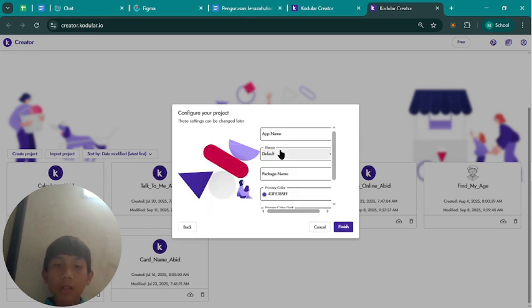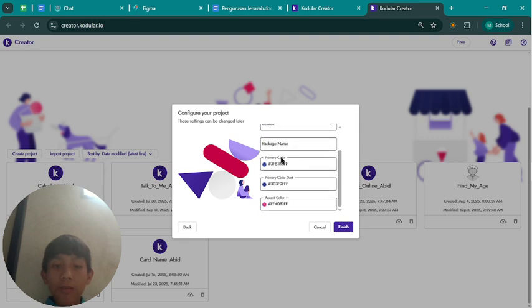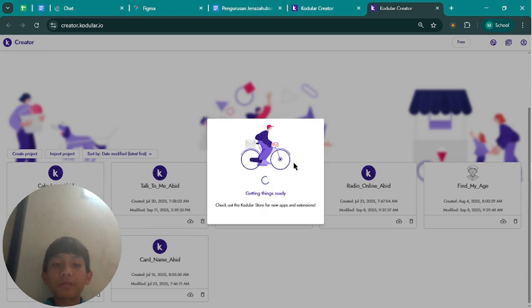Next, in the second screen, the app name, just use the same, name card app. The same default package name, primary. For the primary and the color you can customize yourself, but for now we just use this, and then click finish.